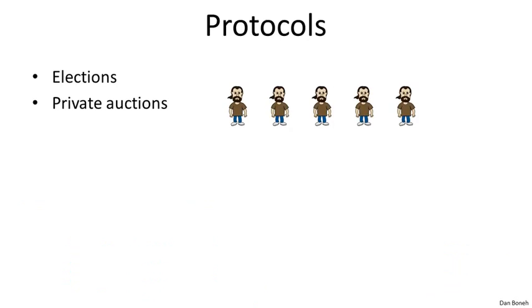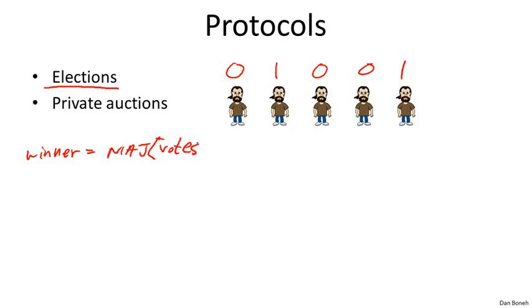Another application of cryptography has to do with more abstract protocols. But before I state the general result, I want to give you two examples. So the first example has to do with election systems. So here's the election problem. Suppose we have two parties, party 0 and party 1, and voters vote for these parties. So for example, this voter could have voted for party 0, this voter voted for party 1, and so on. So in this election, party 0 got 3 votes and party 1 got 2 votes. So the winner of the election, of course, is party 0, but more generally, the winner of the election is the party who receives the majority of the votes.